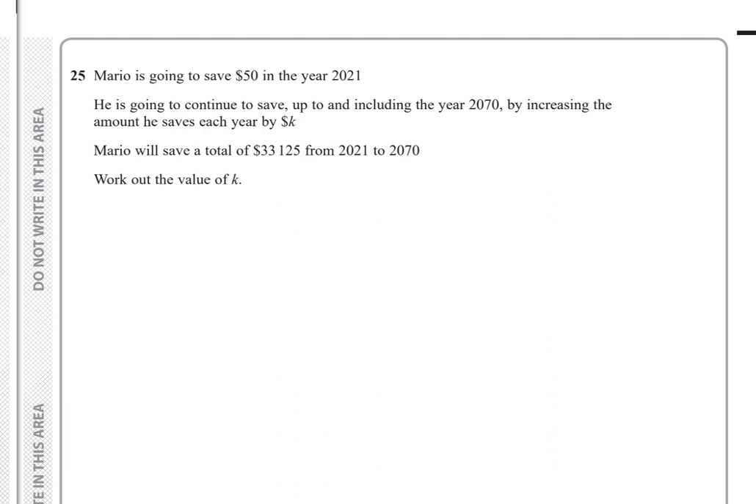We have an arithmetic sequence. The first term is 50, A equals 50, and it increases each year by K, so D equals K. And from 21 to 70, we have 50 terms, so N equals 50, because 21 is included. So now we have S50